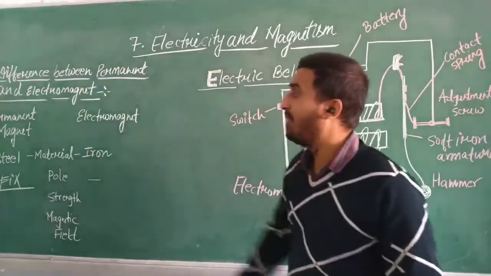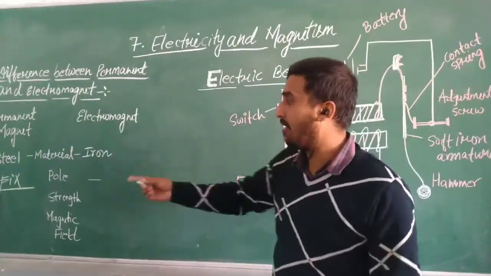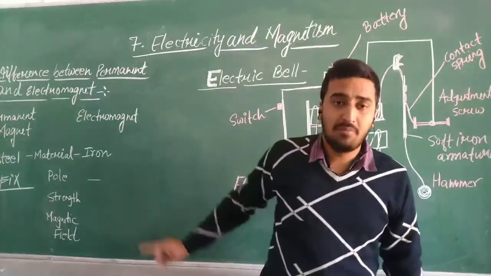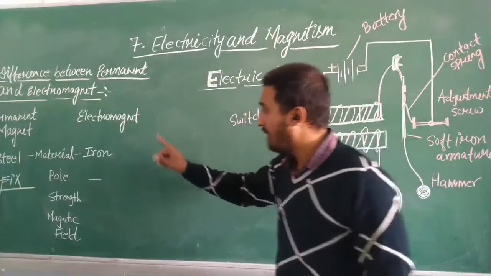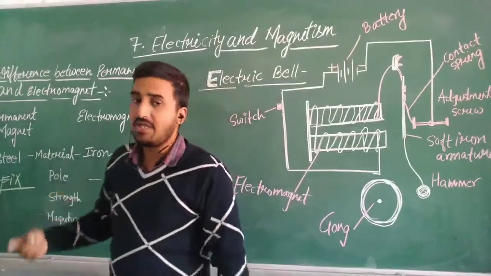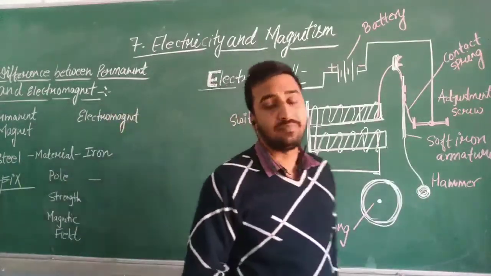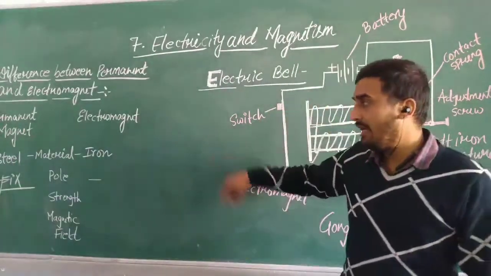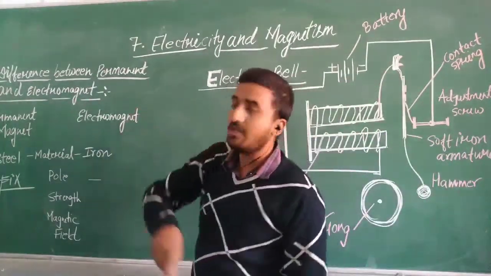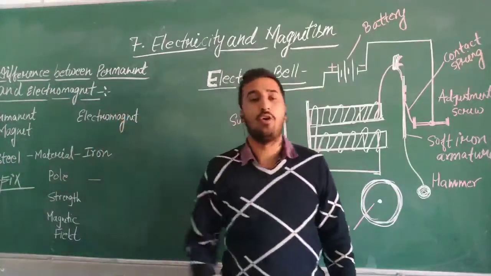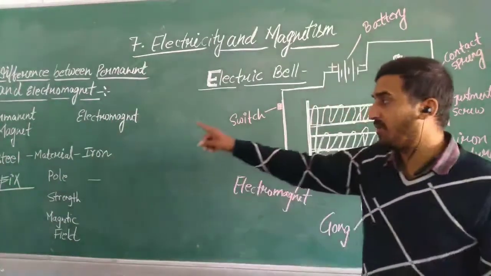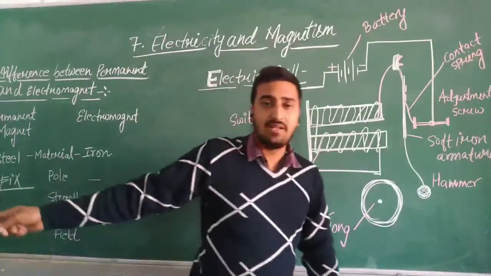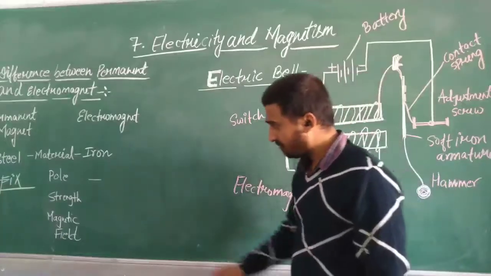Strength of permanent magnet is fixed. We cannot decrease or increase the strength of permanent magnet, but the strength of electromagnet can be changed. It means the strength of electromagnet is variable. We can increase the strength or we can decrease the strength. It depends upon the flow of current. By changing the flow of current, we can increase or decrease the